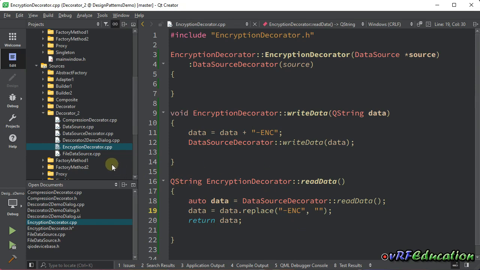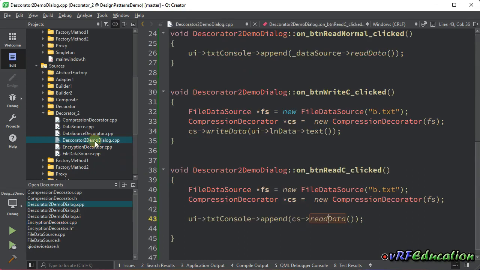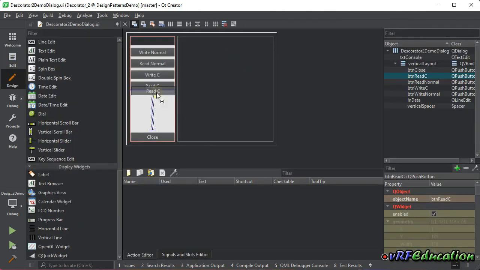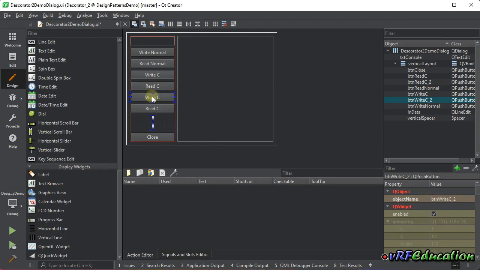Now that's it. So let's go to our demo dialog. This time I'm gonna append two buttons again. This is write compressed encrypted, and this is also read compressed encrypted, and maybe we should say read encrypted compressed. So we need to do things in reverse. So let's change the name also. This is btn write compressed encrypted and read encrypted compressed. Let's create a click slot for this one and this one,